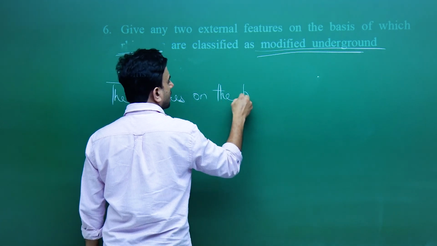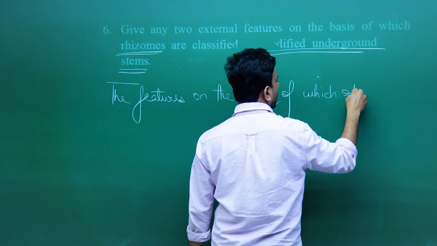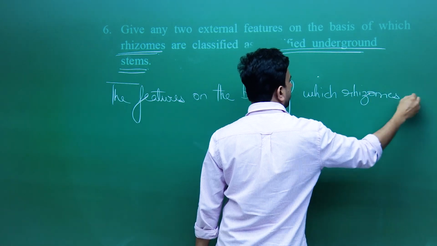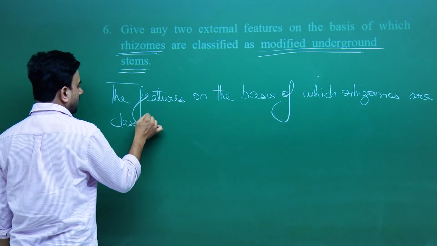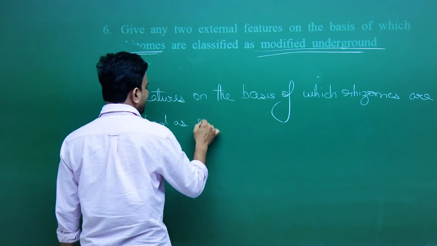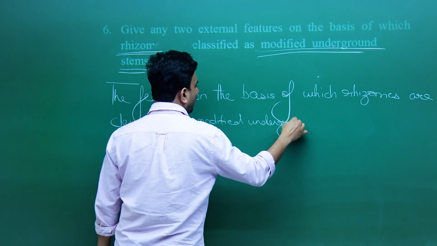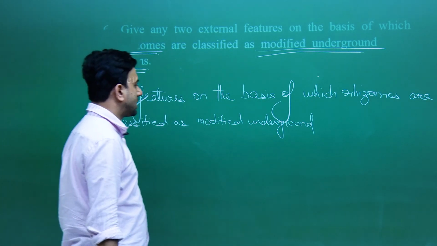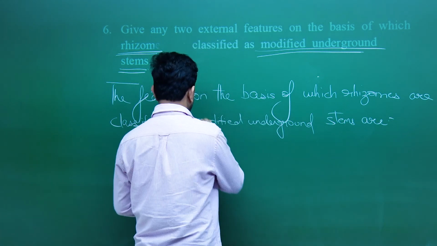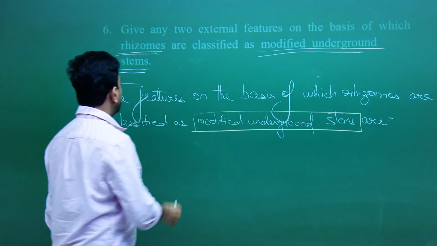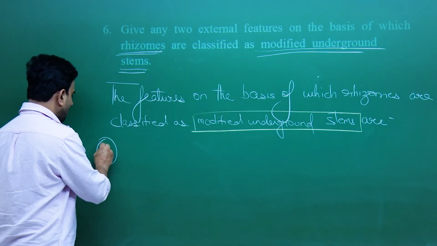The features on the basis of which rhizomes are classified as modified underground stems are: number 1, the stem body